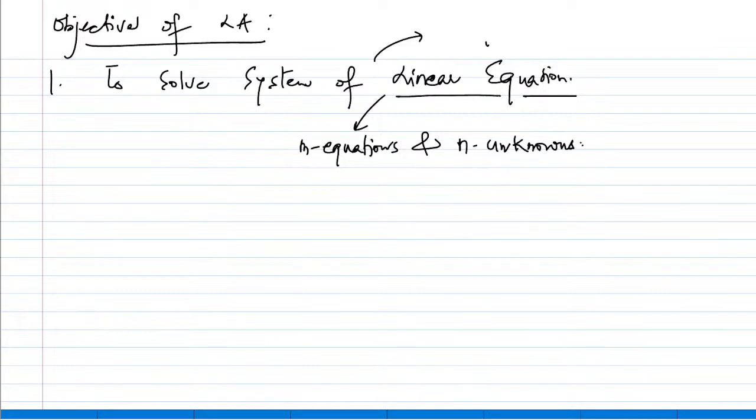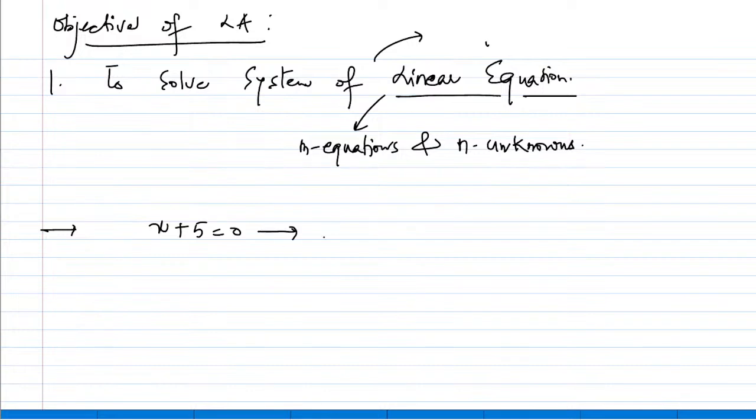To understand, we will start from the very basics here. Suppose I take one equation and one unknown, meaning one variable, like x plus 5 equal to 0. It's a simple equation from your class 8th. How many equations are there, guys? One equation and one variable, one unknown, right?